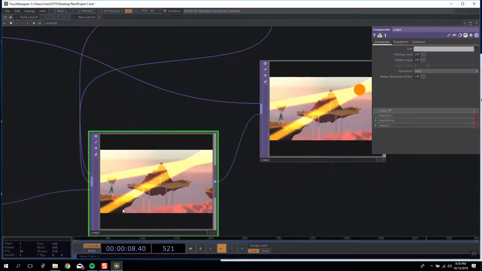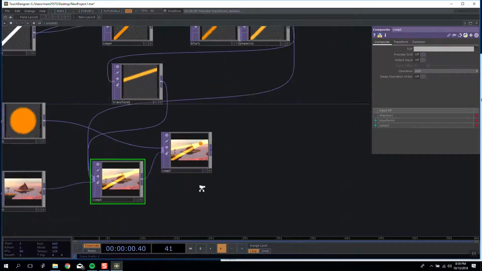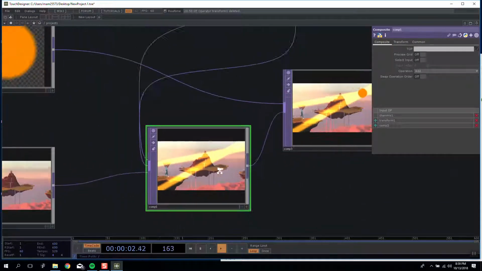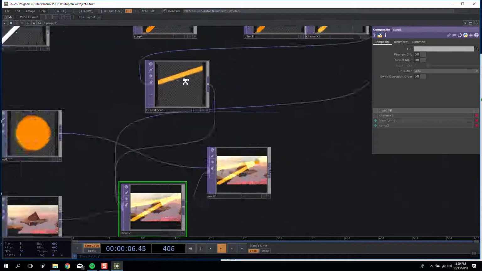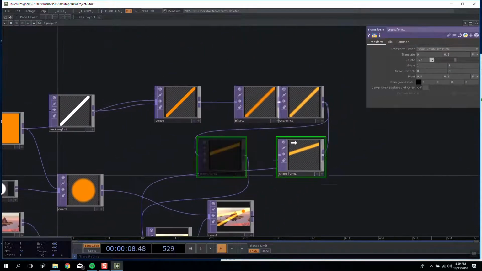And I'm going to change my composite type to add. Sorry, a top means that it's only going to put one on top of the other, and we just couldn't visualize the third. So now I have